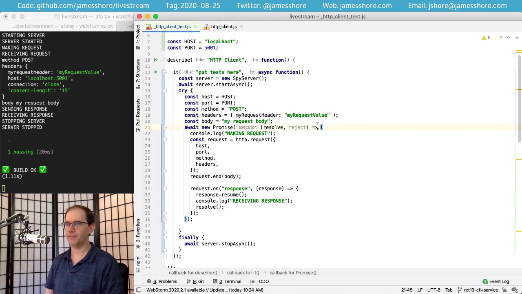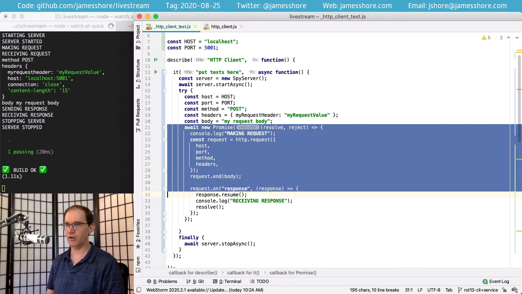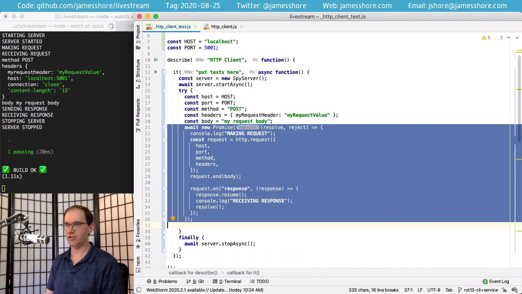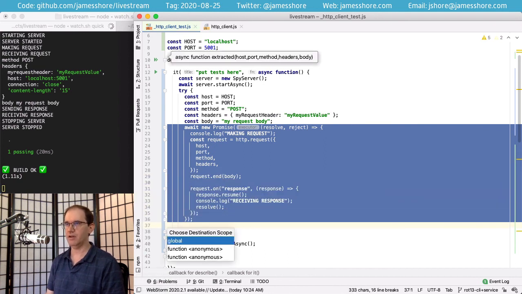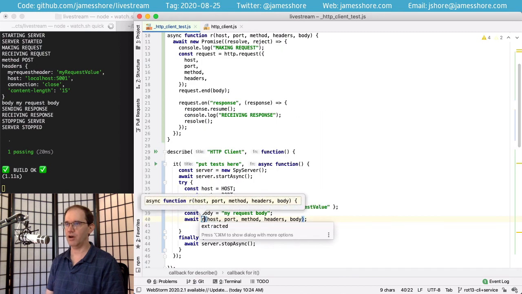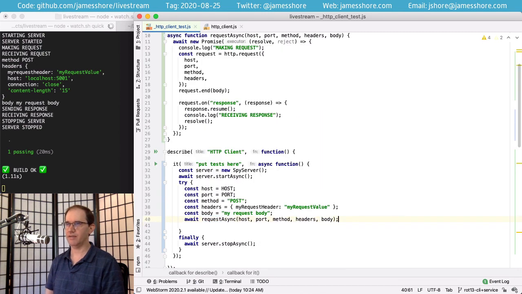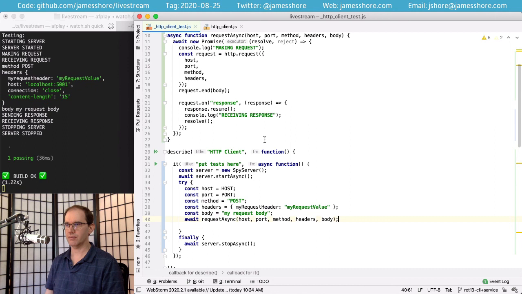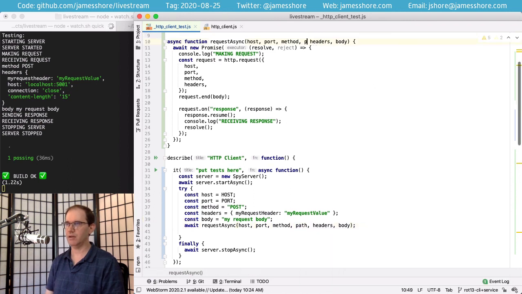Yeah, and it did. So I should now be able to take this whole thing and factor it into a new function, which I'm going to call requestAsync. And then we pass in the host, port, method, headers, and body. Oh, you know what else we forgot here? We need the path. So let's pass that through as well. And the path